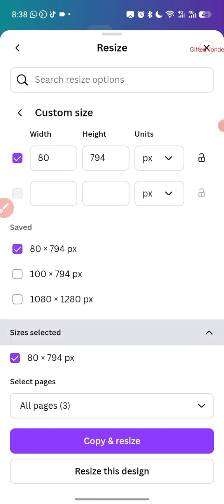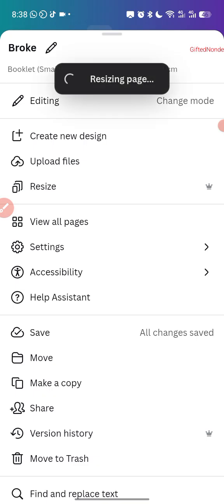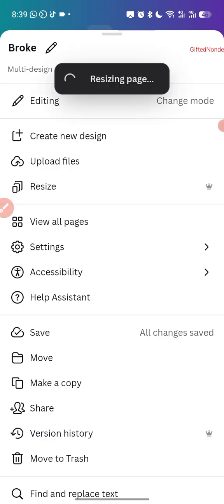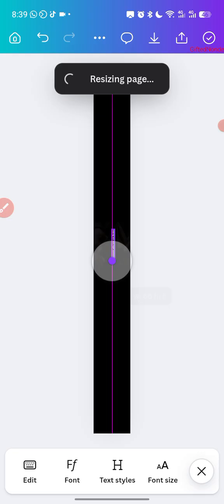Make sure that it says the current page only. Page 1 and page 2 is okay. And click resize this design. Now, in a case where you're not a premium user, you're not able to resize, so you need to create a new document with the size that I've shown here. The size is going to be 80 pixels by 749 height. Then you put a black background, and then you increase the size and write